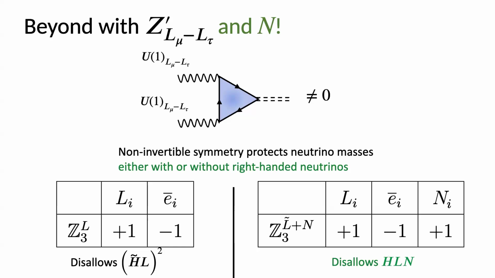Sorry, just before we move on. This N has charge +1. Why does it need to have charge +1? Why can't it be neutral under this new U(1)? I agree with you that if N is charged under your U(1) lepton number, then it's going to be charge 1. Or if it has charge 1, then that term is forbidden. But why can't it just be some fermion that's uncharged under all of my gauges?